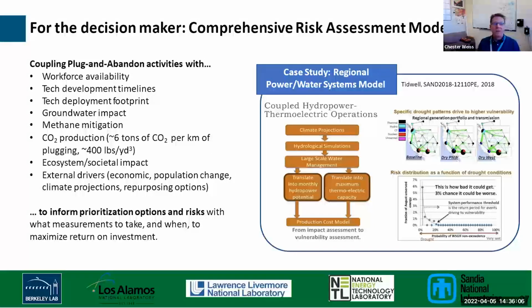For example, using cement to plug and abandon these wells results in the production of CO2, which comes out to on the order of 6 tons of CO2 per kilometer of plugging. And so if you've got 1 million wells that you're dealing with at an average depth of a kilometer, you're now looking at 6 megatons of CO2 just to plug and abandon the inventory, which I think is a number that merits some attention. We have ecosystem and societal impacts that play into the systems level approach, as well as